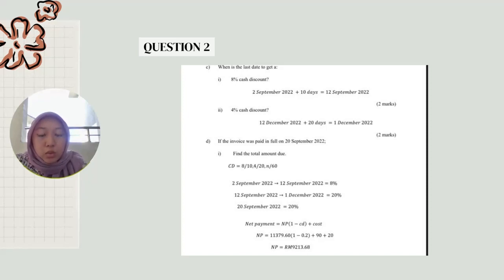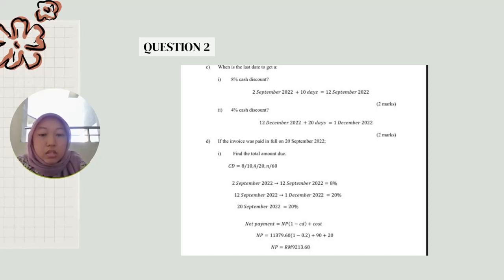Question D. If the invoice was paid in full on 20 September 2022, find the total amount due. So for this question, the formula is net payment = NP(1 - CD) + cost. So we substitute all the information in this formula. So the answer is